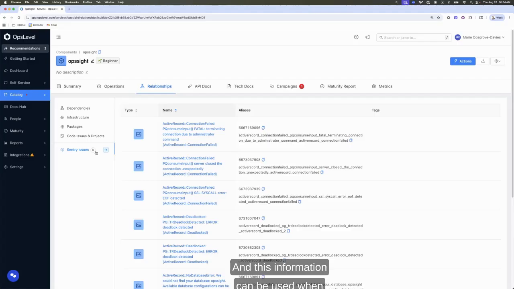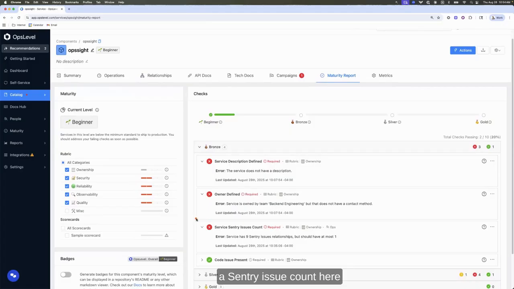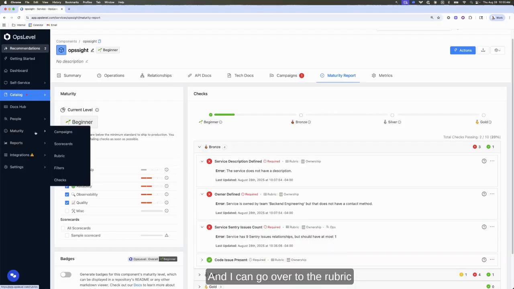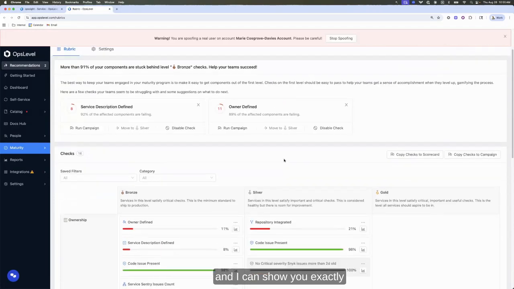And this information can be used when it comes to the maturity checks. So if I go to the maturity report for Opsite, I can see there is a Sentry issue count here that has been defined in my rubric. In this case, since I have 9 Sentry issues and it's exceeding the threshold that I've set of 1, we are failing the check. And I can go over to the rubric and I can show you exactly where that's